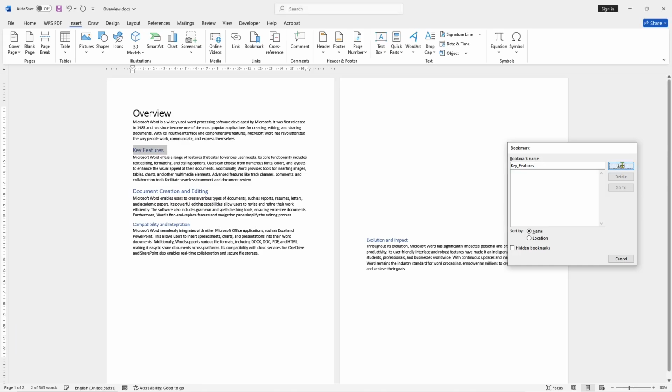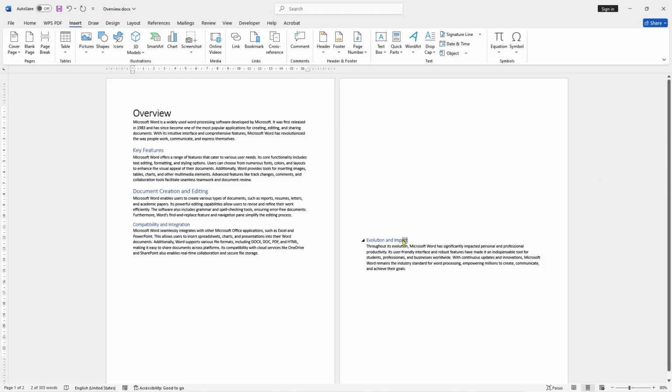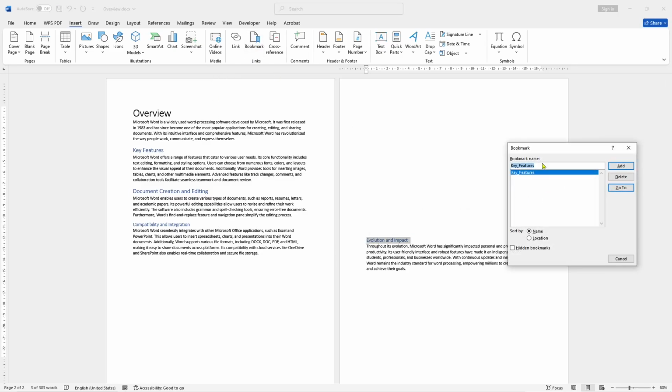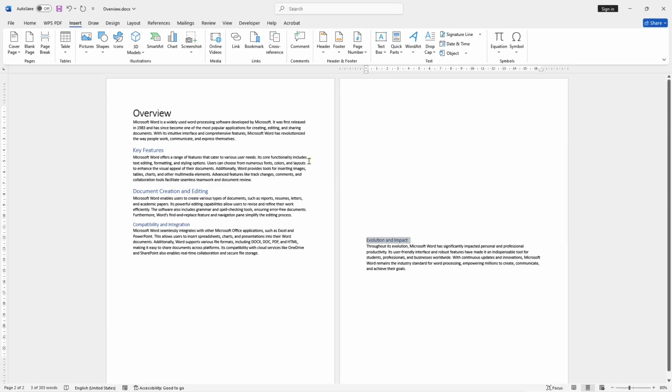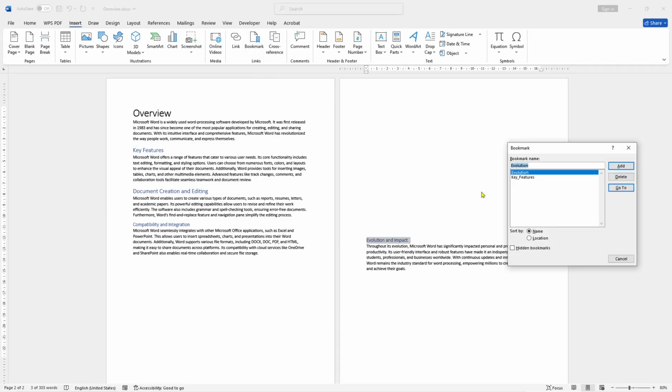Click it, and for the second one I will add another bookmark to this word. You can click Bookmark again and set the name, like evolution. Click it. Now, if you click Bookmark again and you want to go to key features, you can select